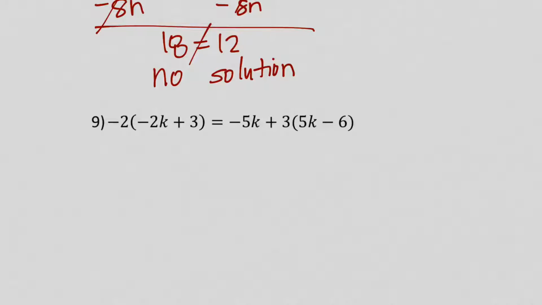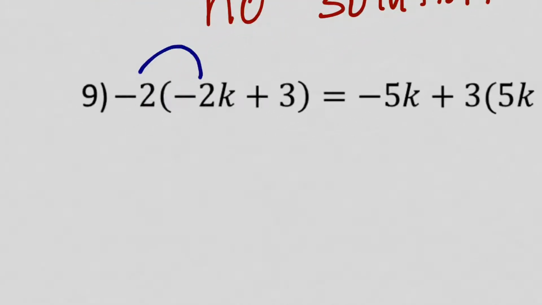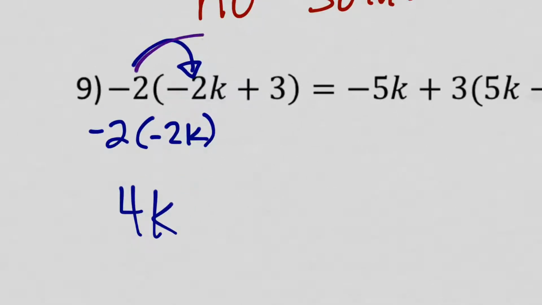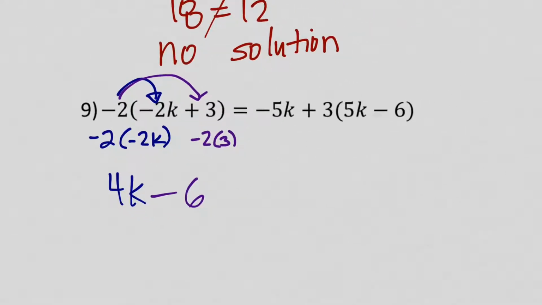Number 9, you're going to use distributive property again. Negative 2 times negative 2k is equal to a positive 4k because a negative times a negative is a positive. Then I have negative 2 times positive 3. That'll give you negative 6. On the right hand side, I'm going to rewrite